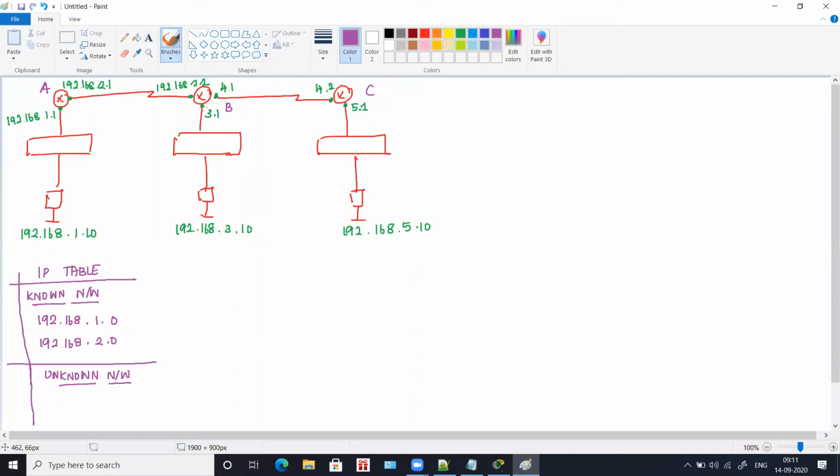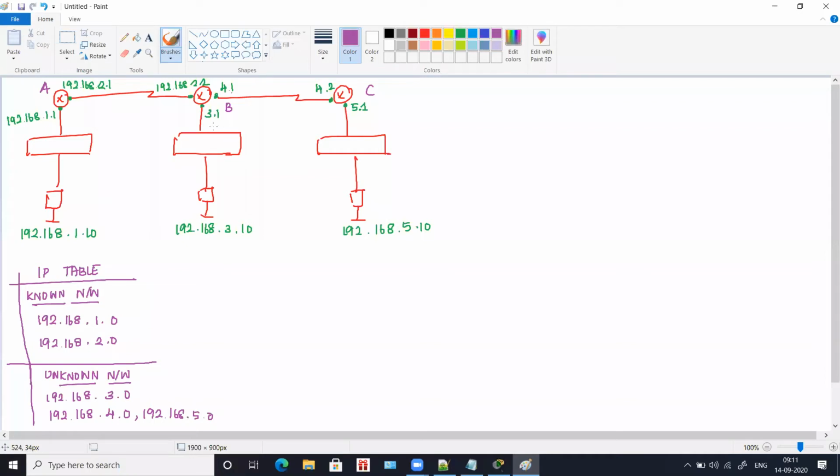Apart from that, we have 3.1, 4.1, and 5.1. All of these are unknown networks because they are not directly connected to router A. So the unknown networks for router A will be 192.168.3.0, 192.168.4.0, and 192.168.5.0.